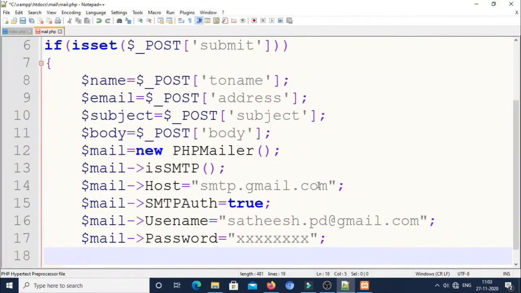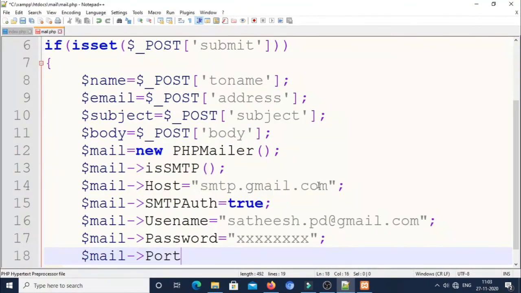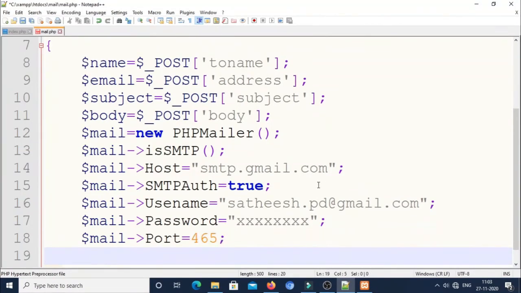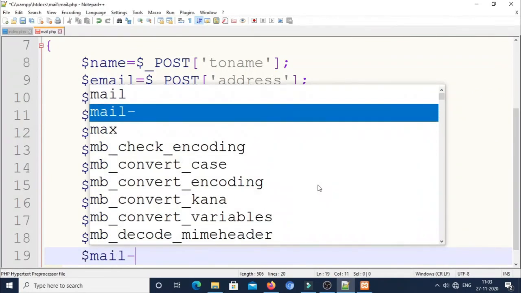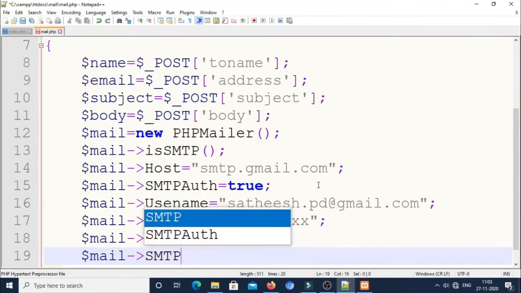Next you should use $mail->Port. The port number which is used by the SMTP is 465. Next, $mail->SMTPSecure.